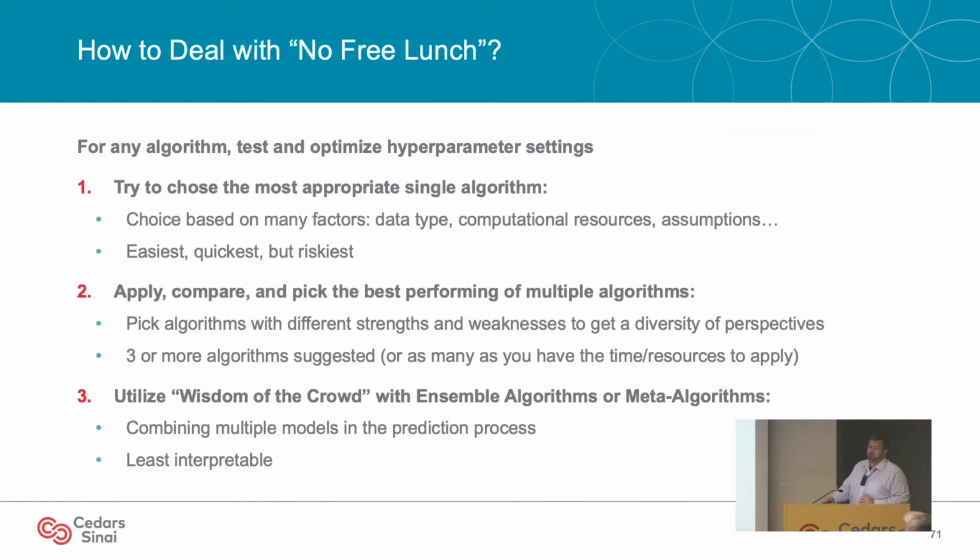Okay, how do we deal with the no free lunch? For any algorithm, you want to first test and optimize hyperparameter settings. That's a given. Then we have some options. You can try to choose the most appropriate single algorithm to run. Maybe you don't have computing resources handy. You're limited logistically, and that's fine. That happens. So you can try and pick the best algorithm, and choosing the best algorithm depends on a lot